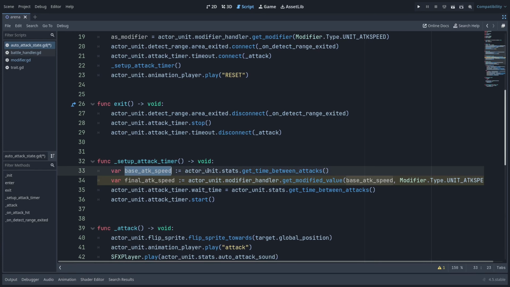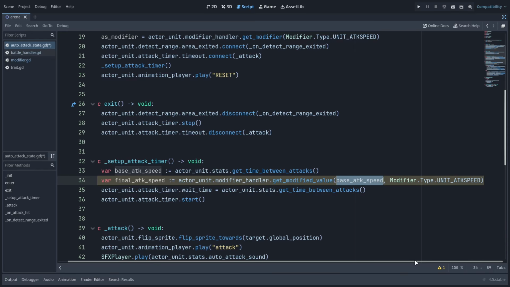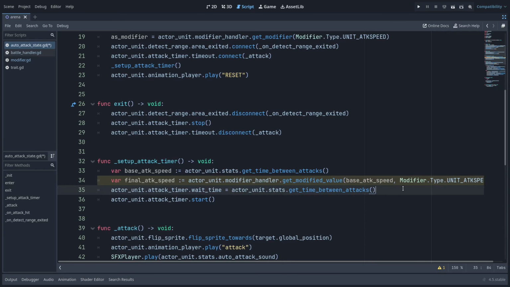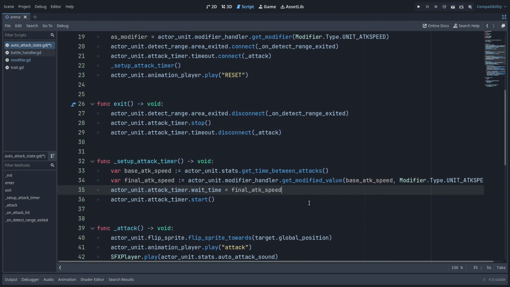So what we do is we grab the base attack speed, which will be the same one we used here, right? Actor unit.stats.get time between attacks. And the final attack speed will be grabbing the modifier handler and calling that get modified value, where we use the base attack speed as our basis and use our modifier.type.unit attack speed as a type where we get this modified value from. And now all that's left to do is just to change the wait time of this timer to the final attack speed. And now we have this attack timer set up in a way that it actually considers any attack speed modifications